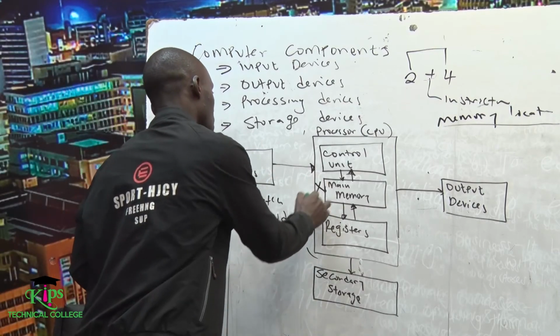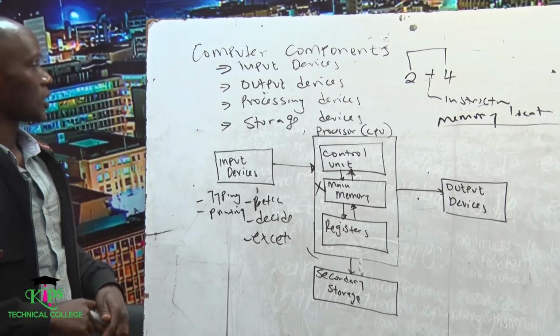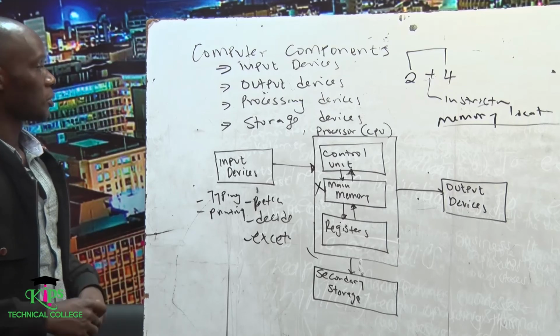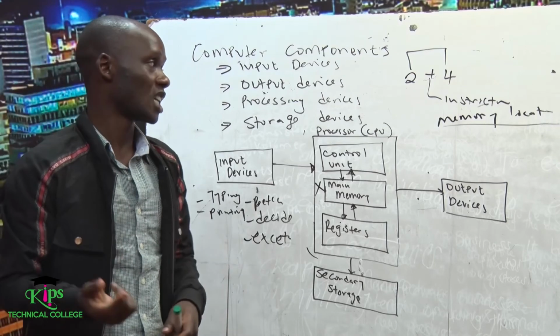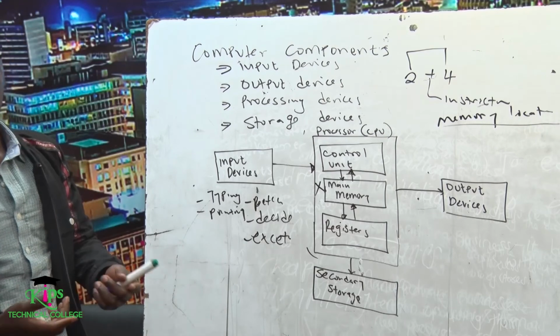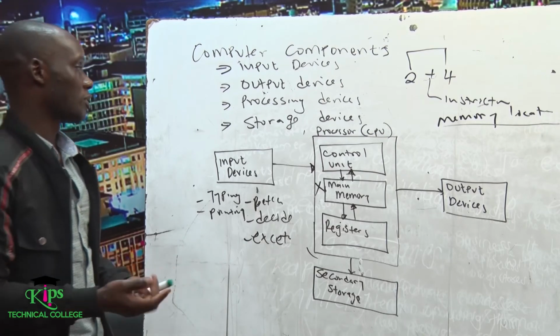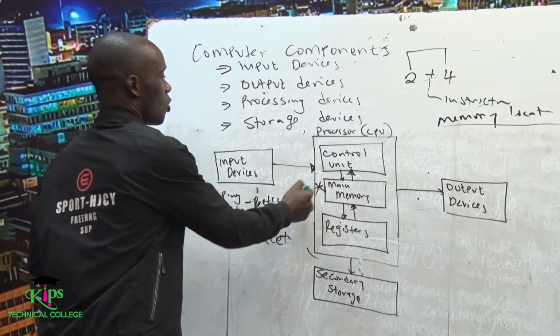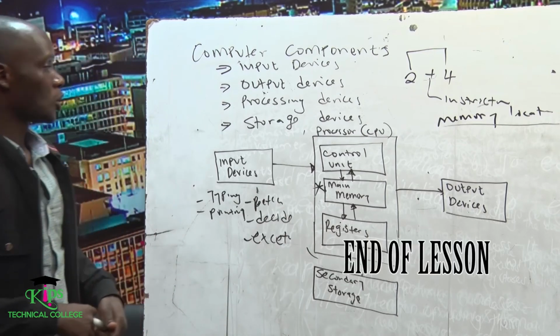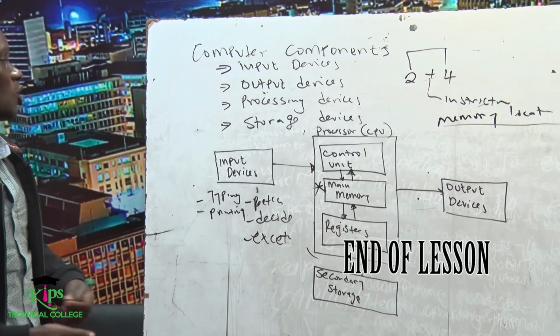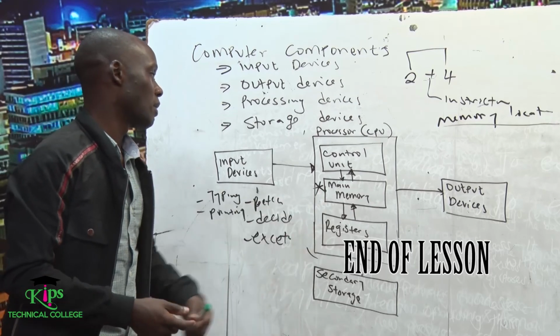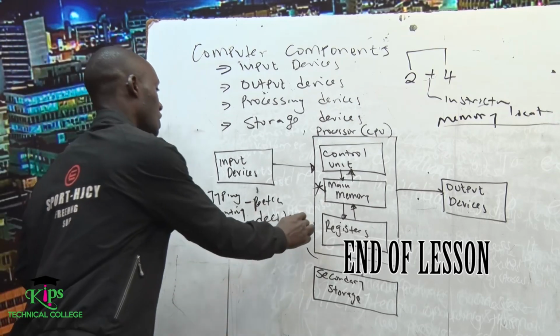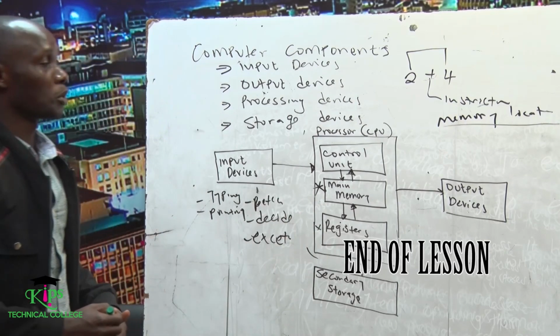Then you can proceed to what we call main memory. So main memory is a component of the processor that stores data, instructions, and information temporarily, meaning for a short period of time. So main memory is also known as the working storage of a computer, because anything which the computer is working on must be stored in main memory. Then lastly, we have what we call registers. So registers are temporal storage locations